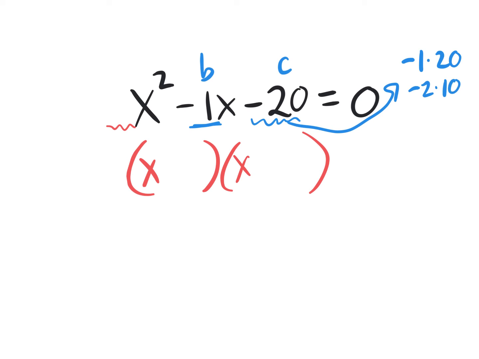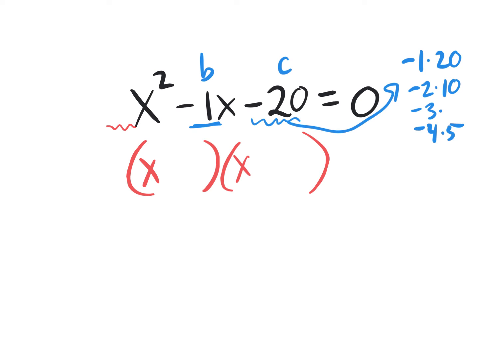How about negative 2? Negative 2 times 10. How about negative 3? Negative 3 times something give you negative 20? Nope. How about negative 4? Negative 4 times 5. And those are all the possible ways of multiplying numbers together to give you negative 20, besides changing the negative sign, right? Changing signs,